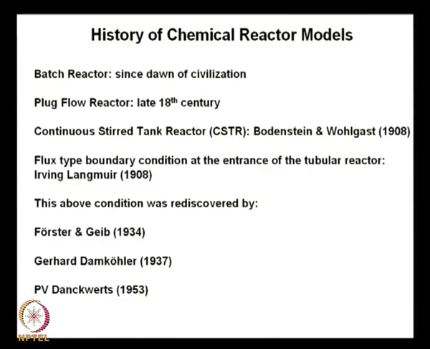Then Danckwerts rediscovered it, and he was truly trying to show the world that he discovered it, because he did it. See, there is a fundamental difference between what Damköhler did and Förster and Geib did, and what Danckwerts did, because Förster and Geib and Damköhler referred to the earlier papers of Langmuir and showed that they have discovered these boundary conditions, whereas Danckwerts buried everything. He buried all of the previous work, and he pretended that he had discovered the boundary condition,